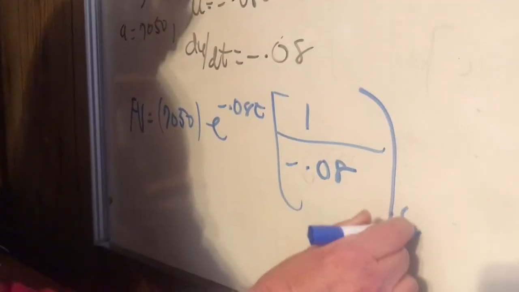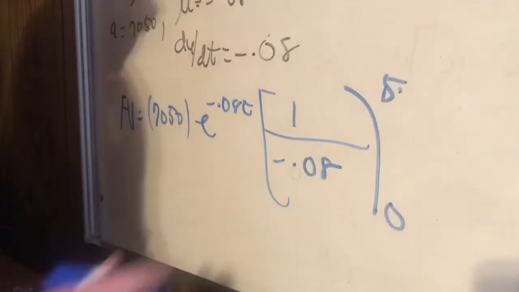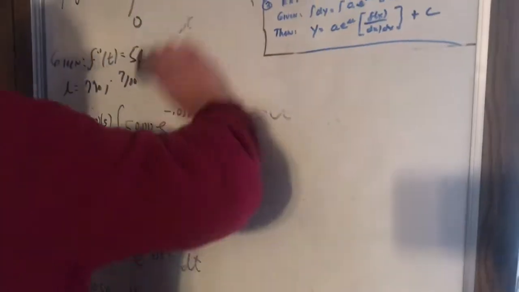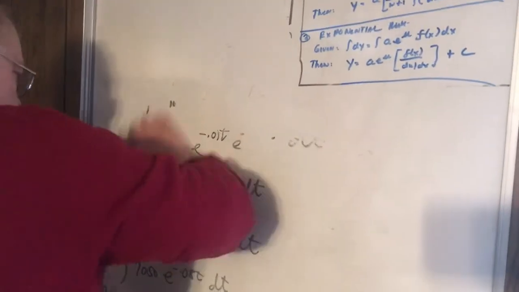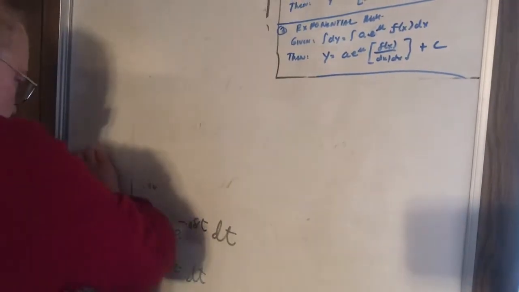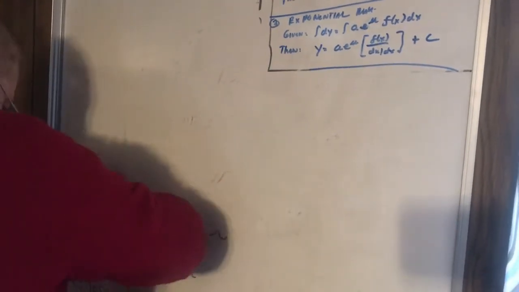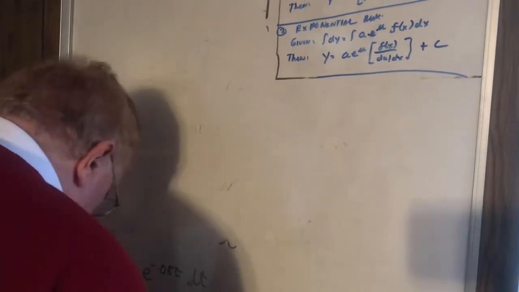And of course, this is going to go between 0 and 5. So let's go back up here. The future value equations will be given to you on your reference sheets for the final, so don't worry about